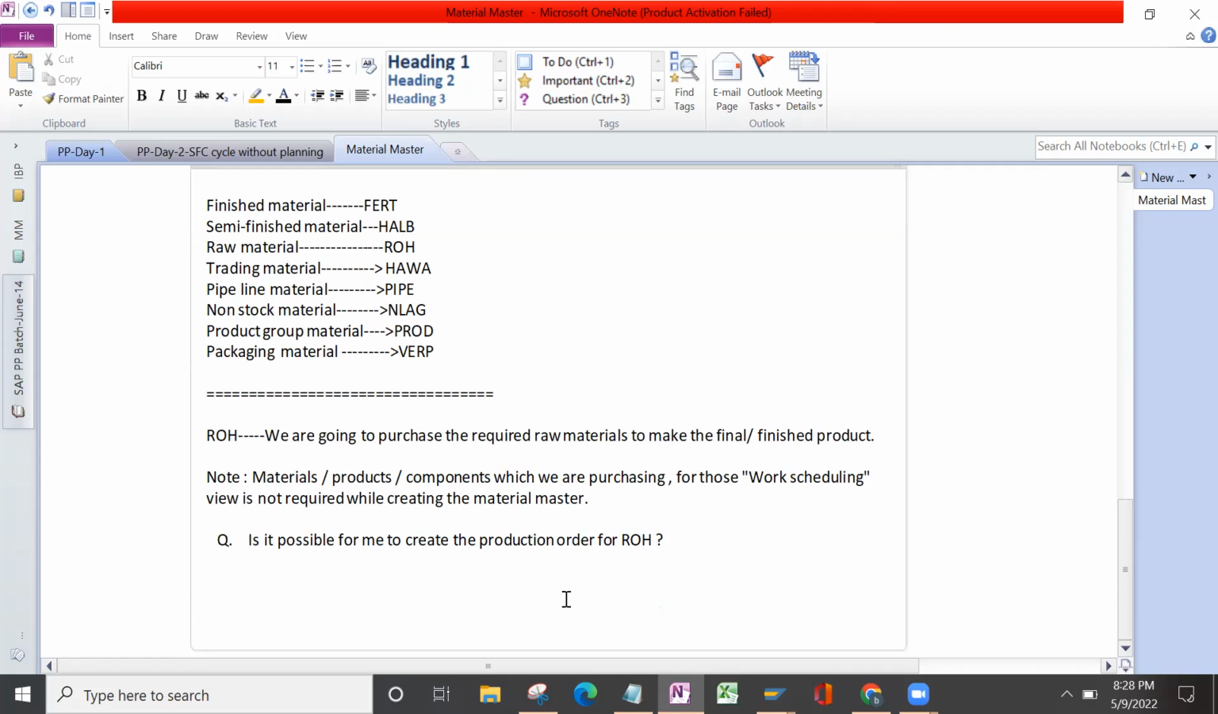Now, raw material is completed, sir. Now coming to the HALB, nothing but your semi-finished material, and the FERT finished material. If you take these two, you require the work scheduling view. So, a small notable point: the work scheduling view is required in case you are manufacturing